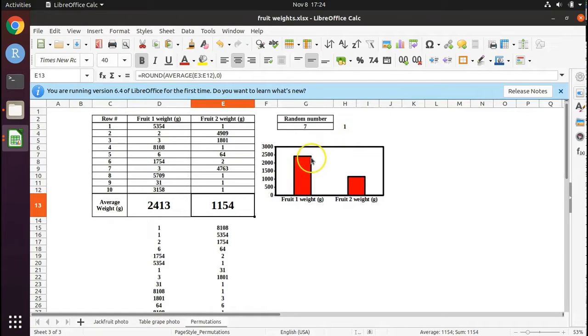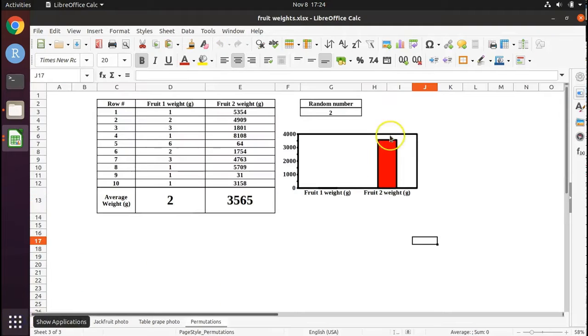versus the permuted results. And again, your permuted results will be different. But look at how much smaller the difference is in the average weights between the table grapes and the jackfruits when we use the permuted results. So the difference between the weights of our table grape and our jackfruit on average for the real results is so extreme